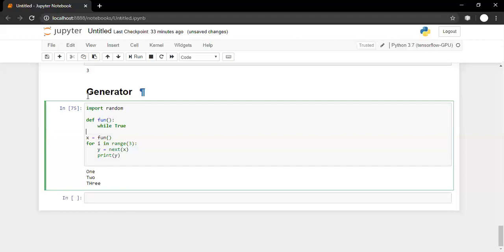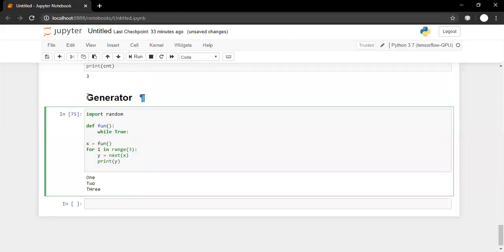Inside this while loop, let us say I'm generating a random number, y is equal to random.randint.